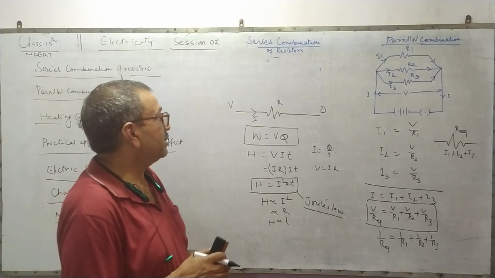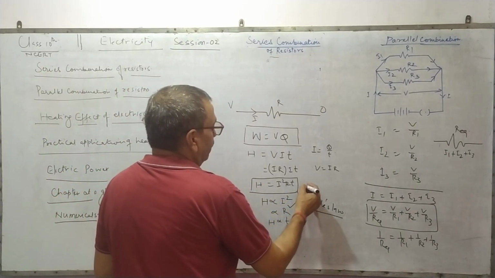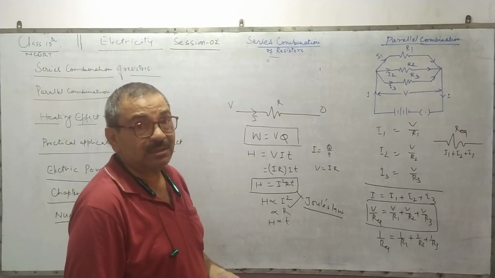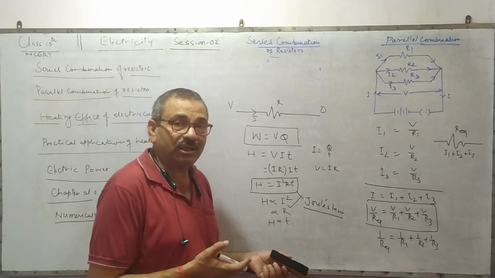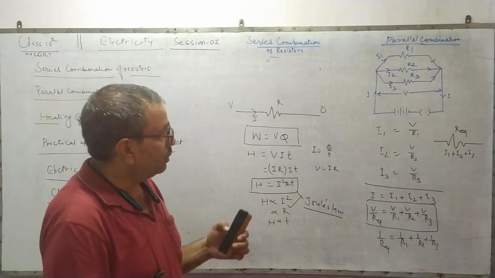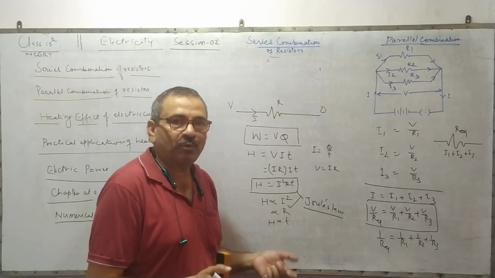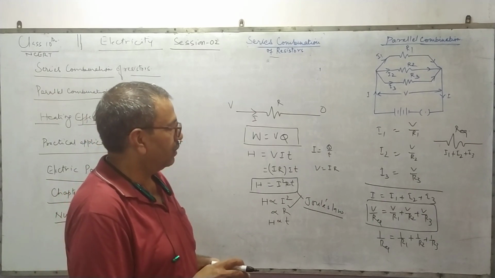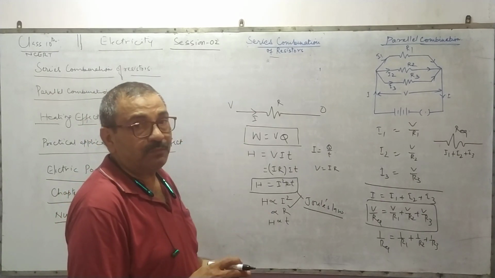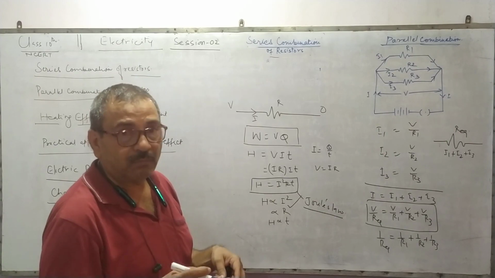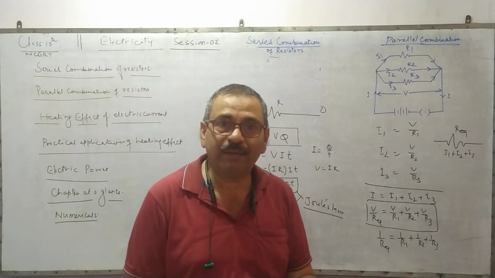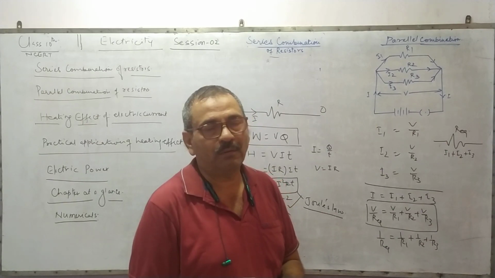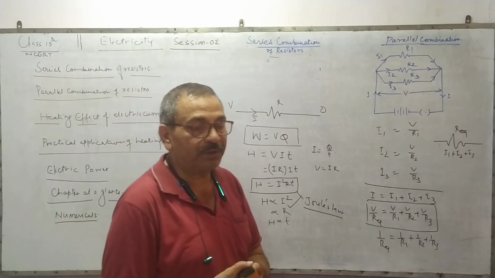H is directly proportional to I square. More will be the current, more is the heat produced. More is the resistance. आपने 1000 वाट का हीटर खरीद लिया, 2000 वाट का खरीद लिया. In 2000 watt heater, heat produced is more than that of 1000 watt heater. Time for which: more is the time, larger is the amount of heat produced in the coil. So this is Joule's law of heating effect.